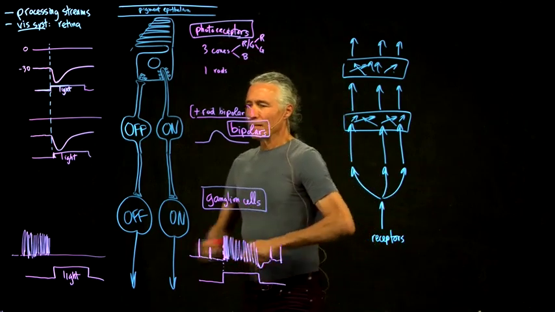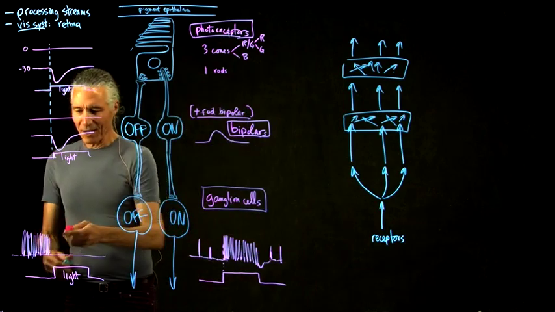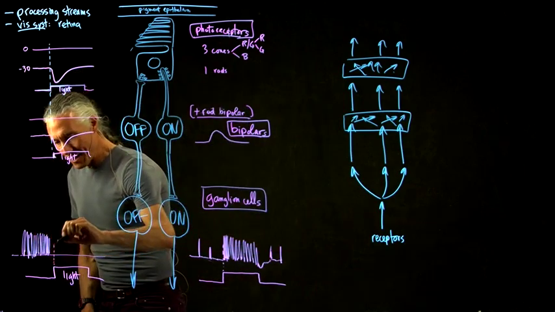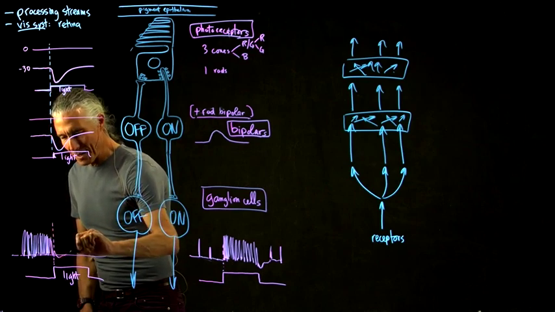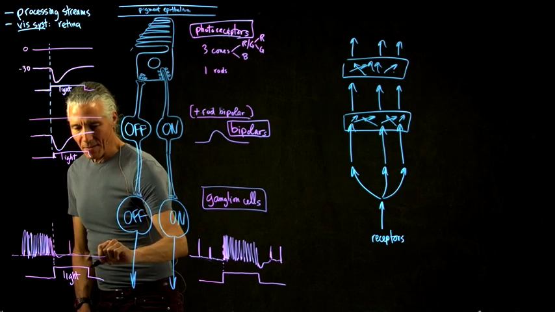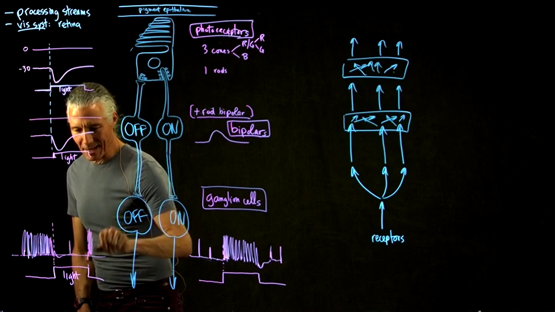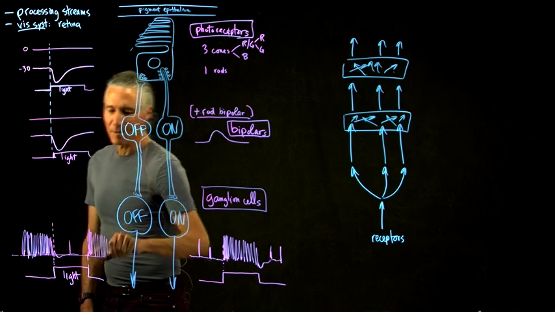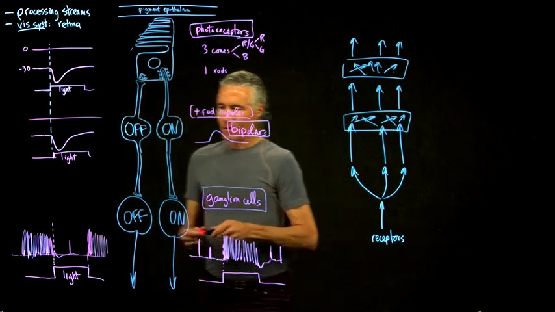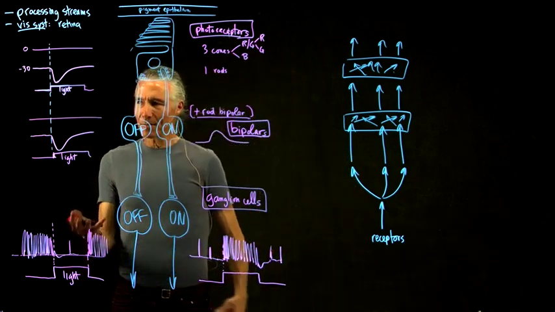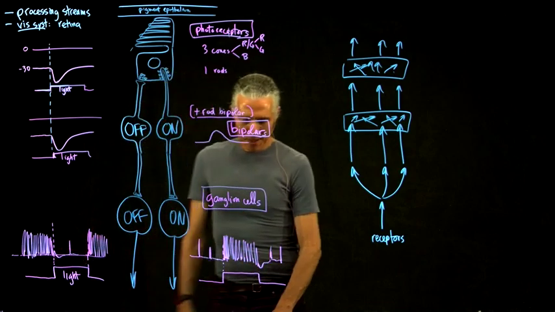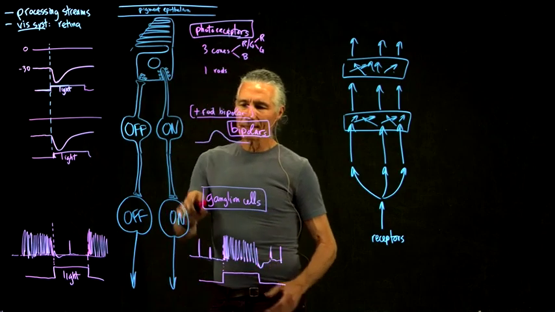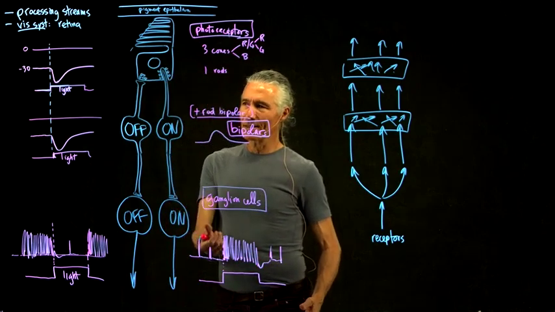So these guys, bizarrely, are just firing in the dark, and when you turn the light on, they say, whoa, I don't like that at all. They might even be inhibited a little bit, fire a spike or two. And then when you turn the light off, that's when they completely go crazy. They really like that, and then they'll settle down to a somewhat lower firing rate. So every time you turn the light on, the cells turn off. That's why they're called off cells. Off ganglion cells. And these off ganglion cells, like I said, are more common than the on ganglion cells